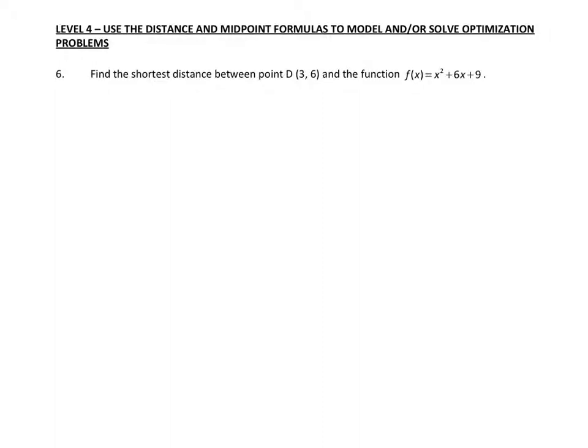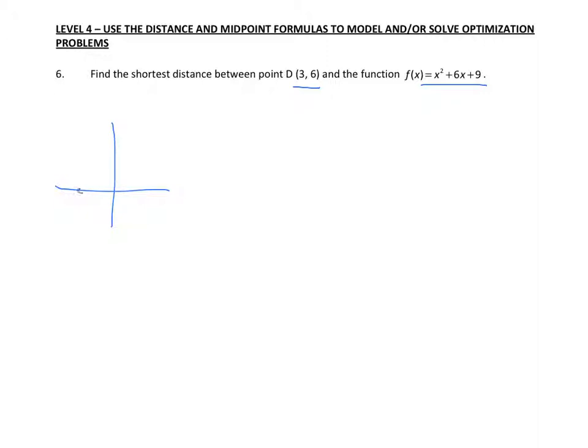In level 4, we will be solving optimization problems in the calculator using the distance formula. We've seen this before, but we want to find the shortest distance from a point to a curve. So the graph of f of x equals x squared plus 6x plus 9